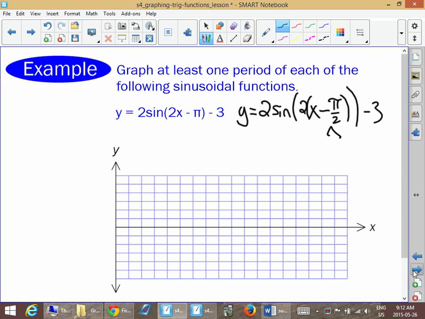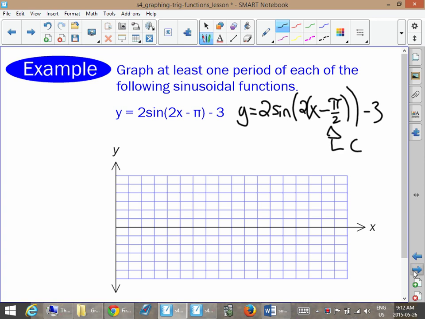And this right here is our c value. Okay? So we've got a lot going on here. We got an a value, we got a b value, we got a c value, and we got a d value that are different than the norm. They're all going to have an influence on the graph here. Okay? Big time. So what we're going to do though is we're going to focus in on that d value